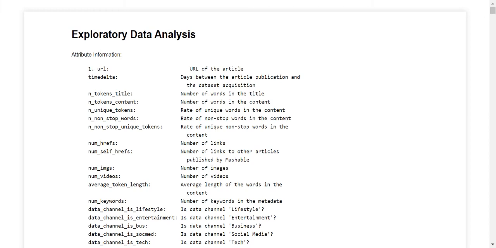Walking you through the process of exploratory data analysis. Well, the meaning of these three words is actually there in the name itself. We are actually exploring the data for analysis. It's the first step towards analyzing any data.